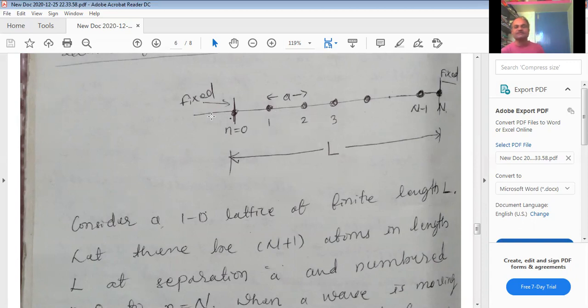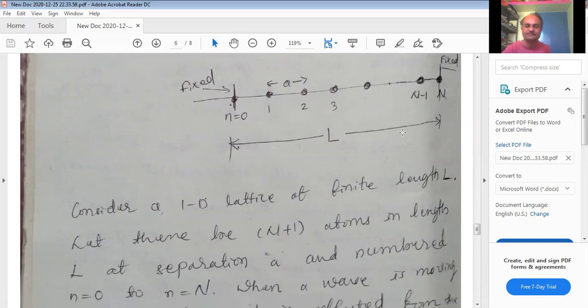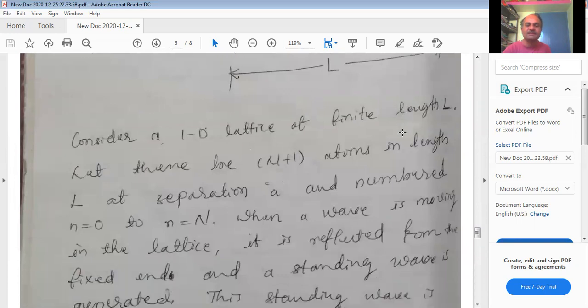The atom which is present at the extreme left end is n is equal to 0, and then n is equal to 1, 2, 3, and so on, up to n minus 1, and n atoms are there. In this chain, there are capital N number of atoms. So consider a one dimensional